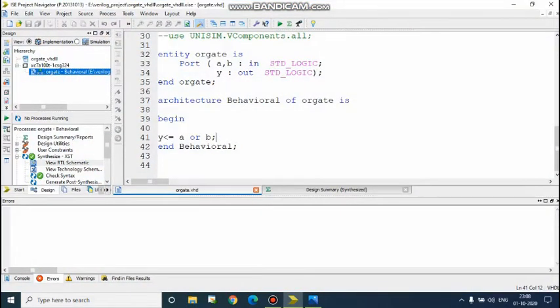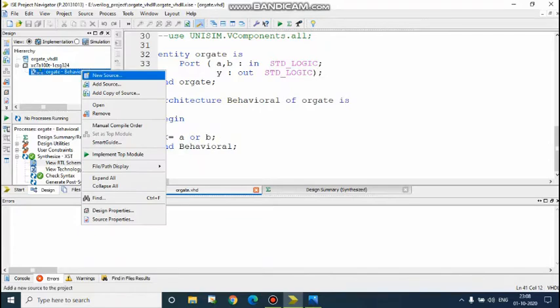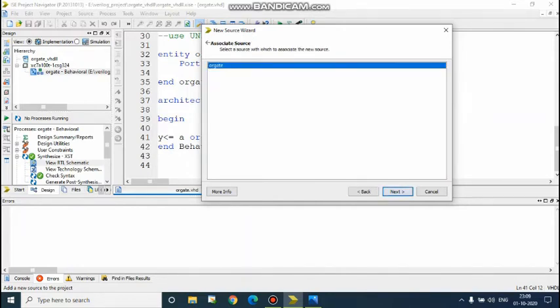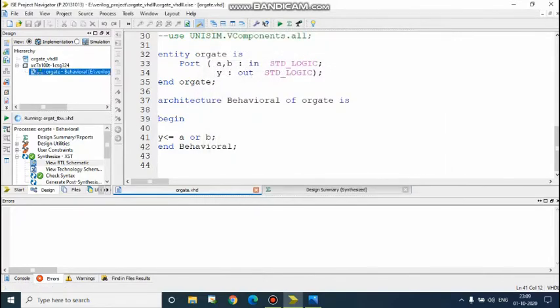Now to simulate it, we have to write a test bench. Right click in the file, new source, VHDL test bench, OR gate TBW. Select the top module, then finish.